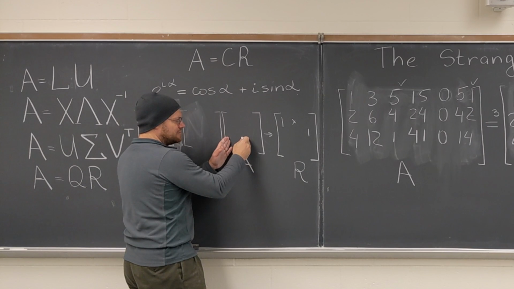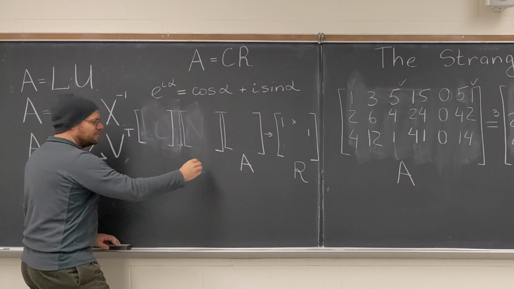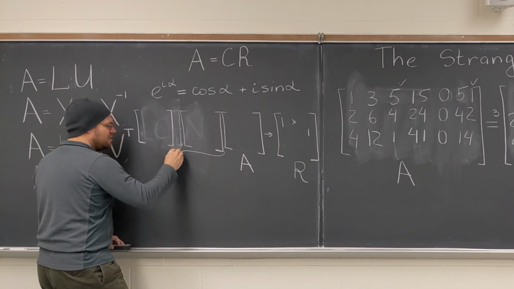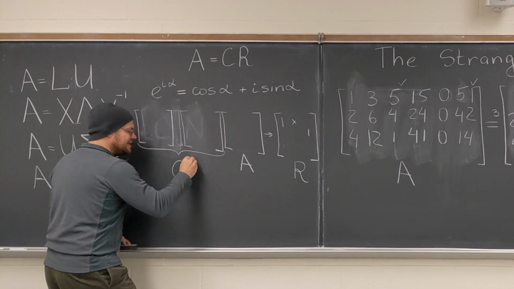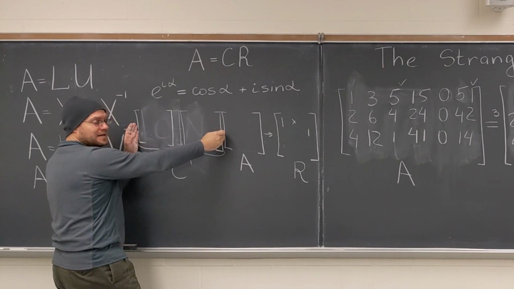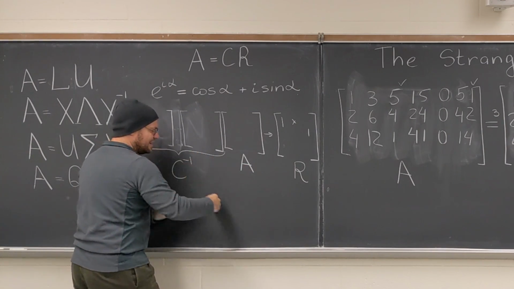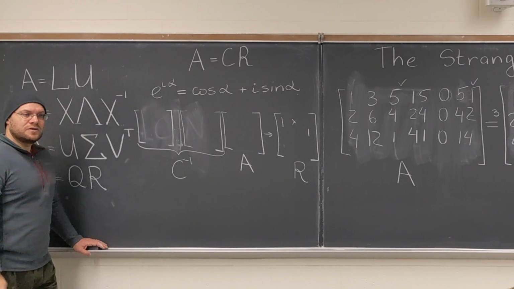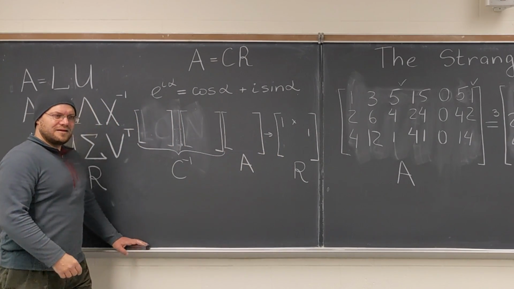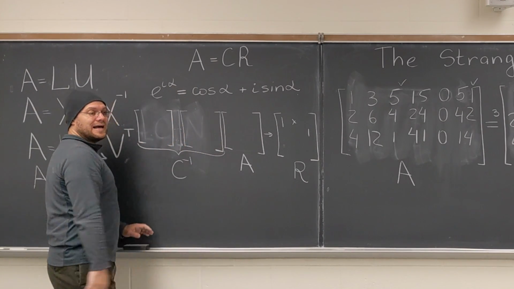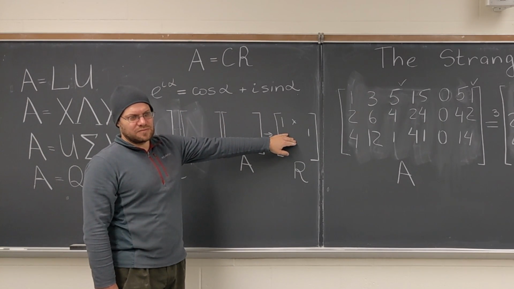So the original matrix is the matrix A. After you do everything you can possibly do, you end up with the row-reduced echelon form, and you summarize all of your Gaussian elimination steps by a matrix, and we will call that C inverse. Right? So multiply these matrices together, call that C inverse, and then C inverse A equals R. In other words, A equals CR. So call the matrix C the reconstruction of all the Gaussian elimination steps that you take on your way to the row-reduced echelon form.